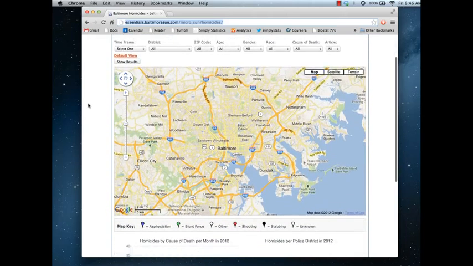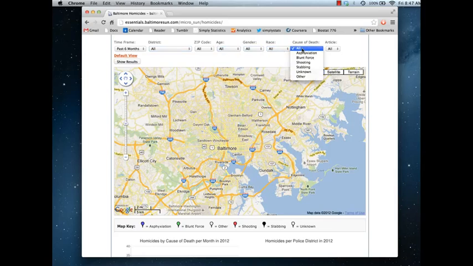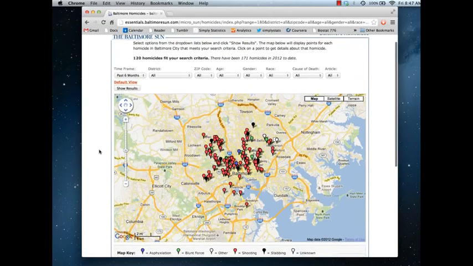The map is interactive. You can do things like select on, let's say, the past 6 months. You can select a district of Baltimore if you want, or you can just look at all the districts, a zip code, an age of the victim, a gender of the victim, and then the race of the victim, as well as the cause of death here. There's a few different causes of death. So you can show the results, and I'm just picking all the homicides that have occurred in the last 6